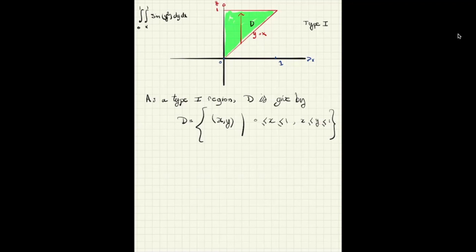You can develop sine y squared into a power series and integrate each term, that's another thing you're going to do in the problem set, but it's not going to be a function, right? So let's try to change the domain and see what happens. There's no way you can compute this exactly. So now, as a type 2,